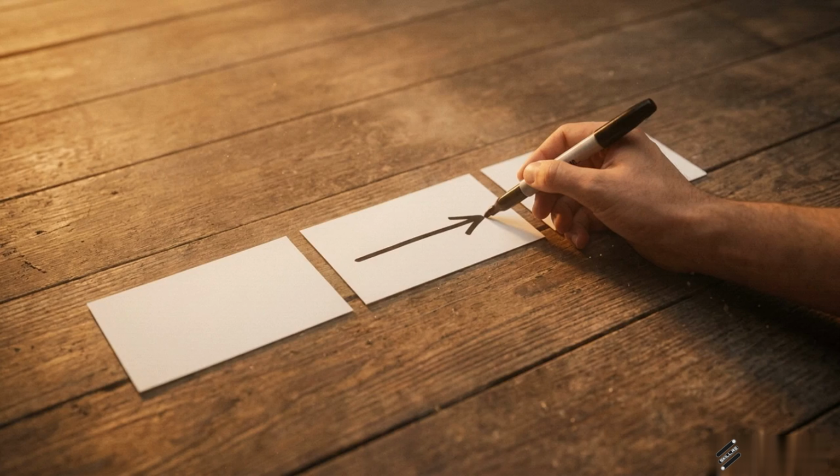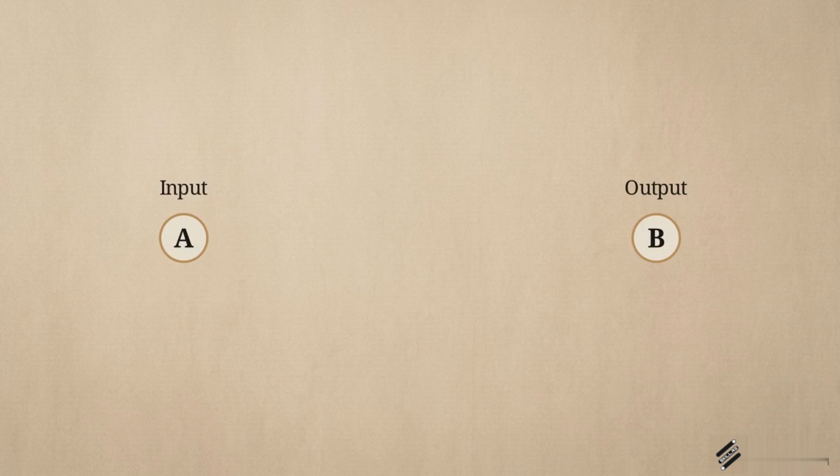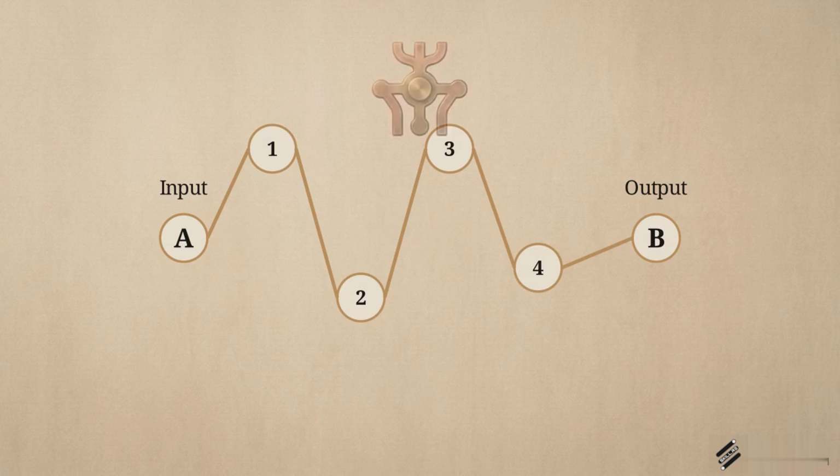Chain of thought prompting requires the model to show its sequential reasoning before it provides a final answer. Consider a complex task like debugging code. If the AI jumps straight to a solution, it may miss a subtle logic error. By prompting it to think step by step, you force it to chart a path through the intermediate steps, giving it the space to identify and correct errors in its own reasoning.